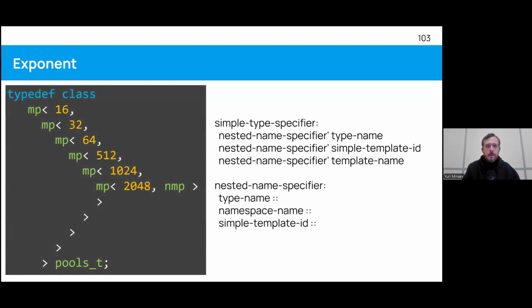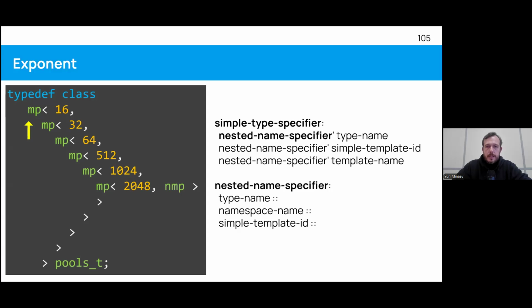Okay, here's our grammar. We are in typedef. And we need a simple type specifier. And as you can see, again, this word simple, which is not simple, and usually it is where problems occur. So we're here. To parse a simple type specifier, we need to parse a nested name specifier first. And it's an optional production, but we still have to try. Okay.